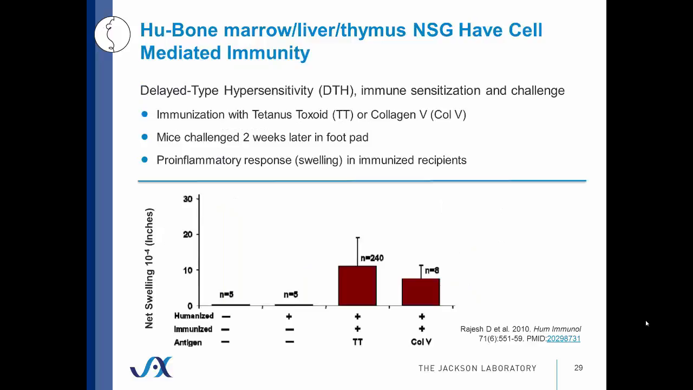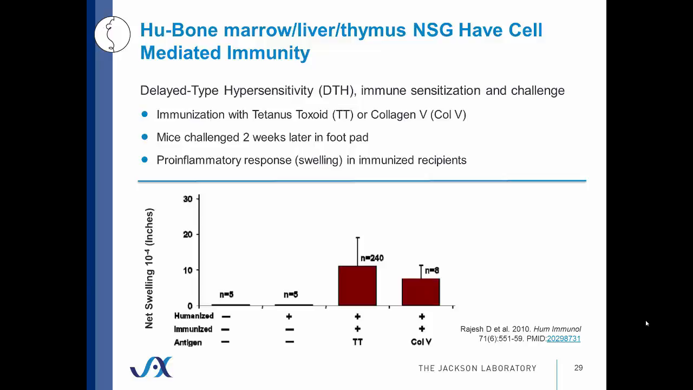Alright, so the next question was, do BLT NSG mice have cell-mediated immunity? And this is measured by looking at delayed type hypersensitivity, or immune sensitization followed by an immune challenge. The BLT NSG engrafted mice were immunized with either tetanus toxoid or collagen 5, and then later they were challenged in their foot pad. And then they were measured using a pro-inflammatory response where you actually measured the swelling in